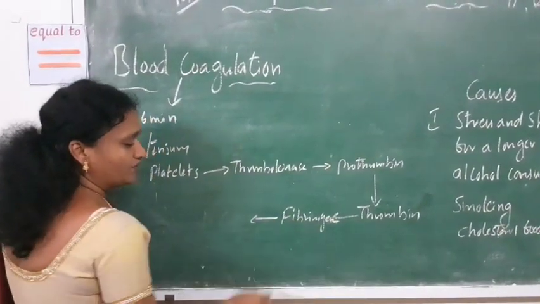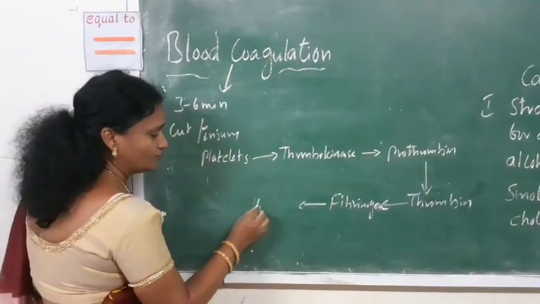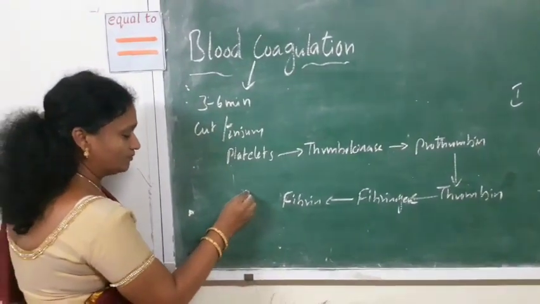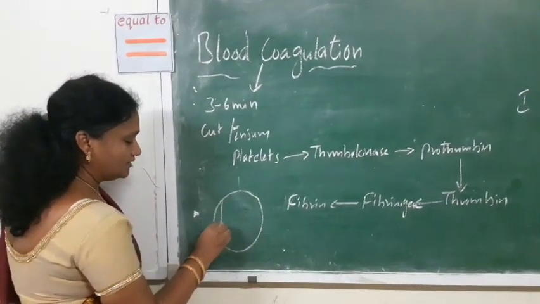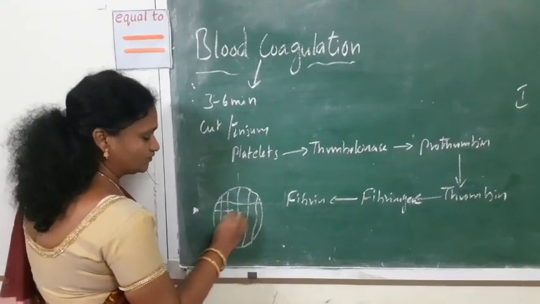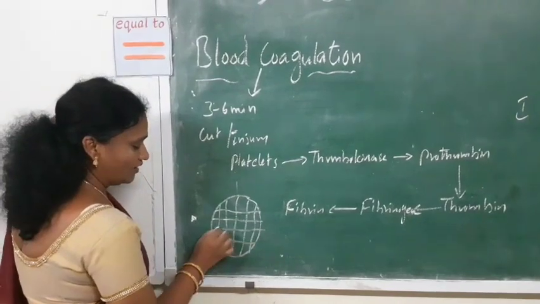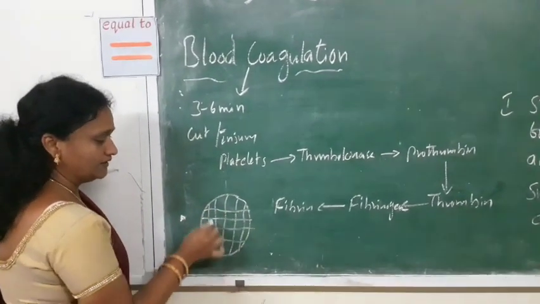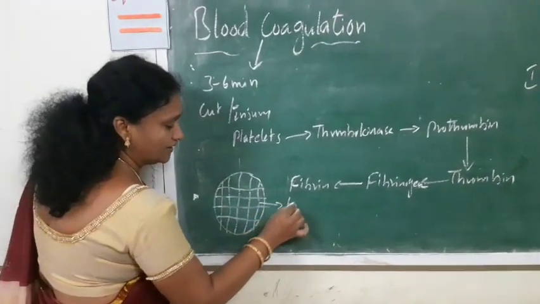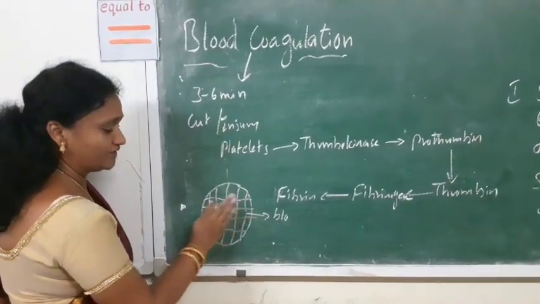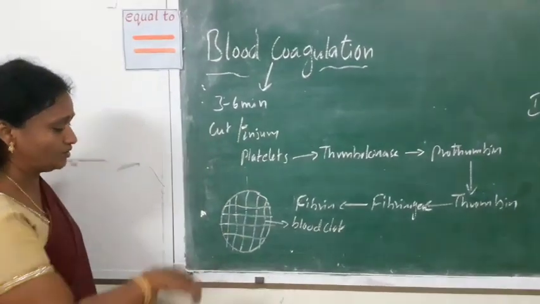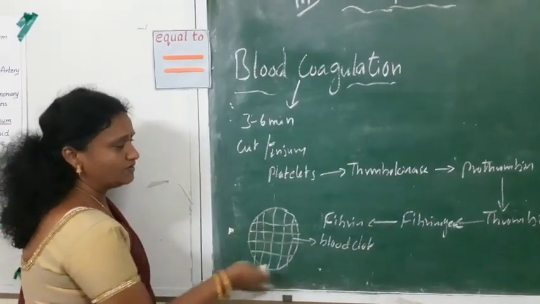So this fibrinogen is converted into fibers, or fibrin. Wherever you get the injury, these fibers form a network. These fibers attach one end to another, and along with the blood platelets they entangle here and do not allow the blood to come out of the body. This layer formed on a fresh injury is what we call a blood clot. It does not allow blood to come out of the body. So that is about blood coagulation.